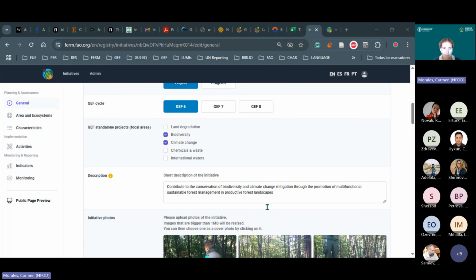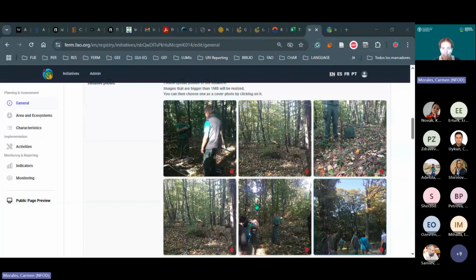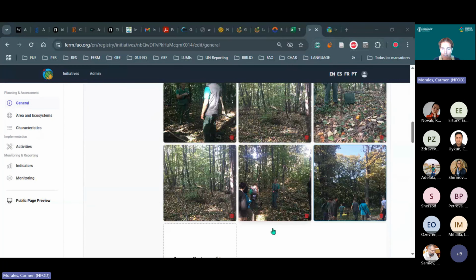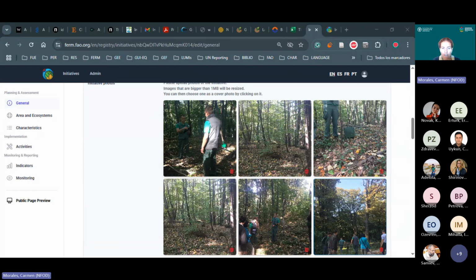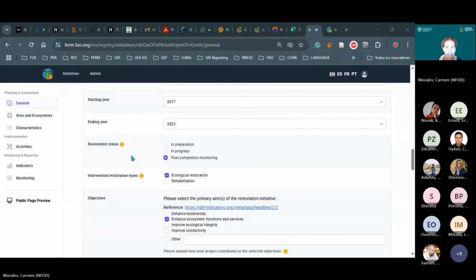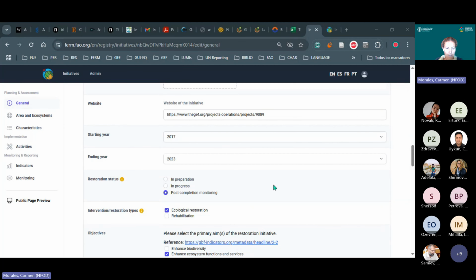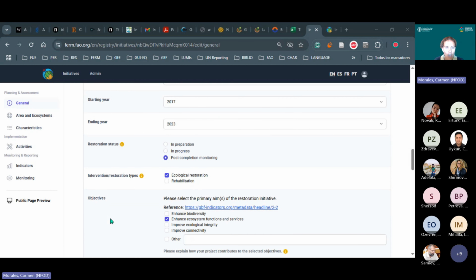the focal areas, and then you have the possibility to upload some initiative projects, and then you can choose one of these pictures to be the main image in the public page preview. Here you can find some Target 2 parameters that are more related to the restoration component, the objectives